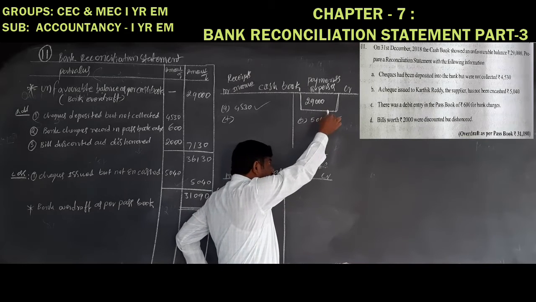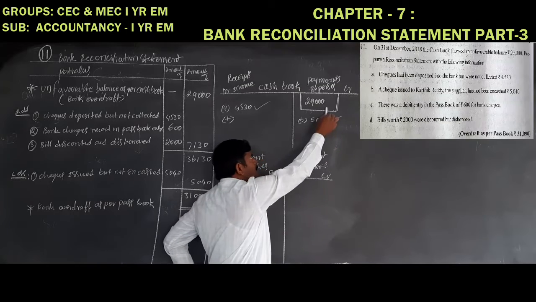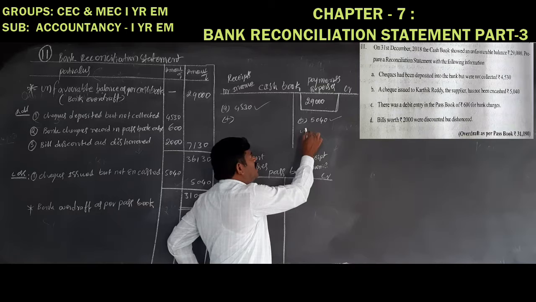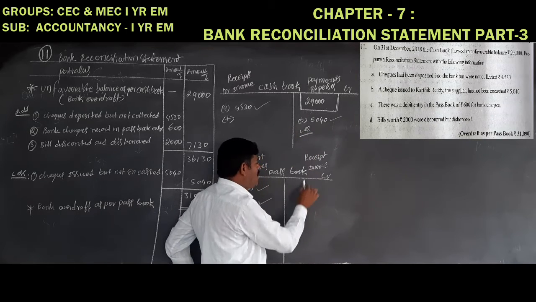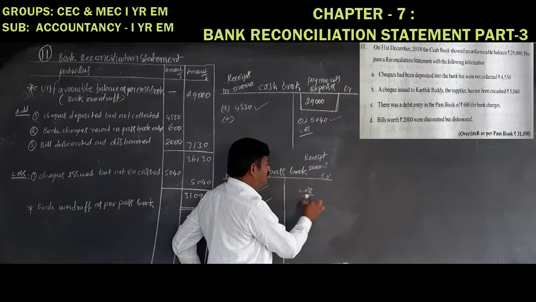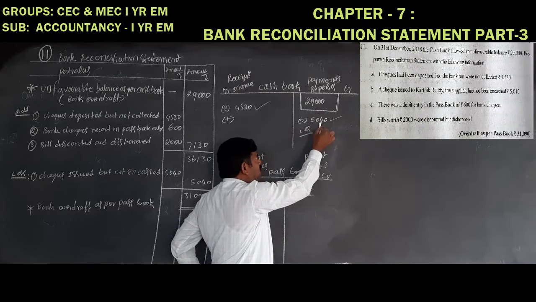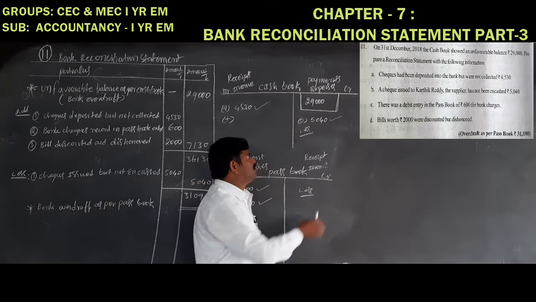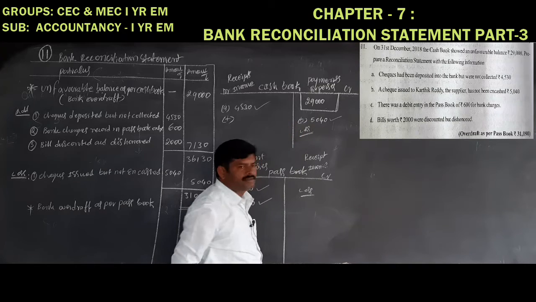Or at the side of the starting point, this must be recorded under less items. Which transactions are recorded on the starting point side? This is the only one: transactions recorded on the starting point side. So this must be recorded under less items.